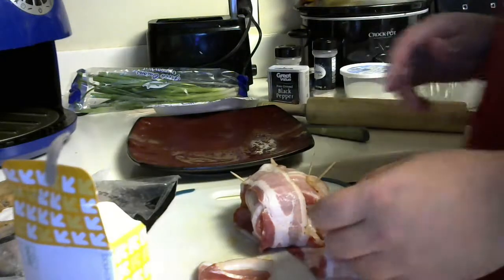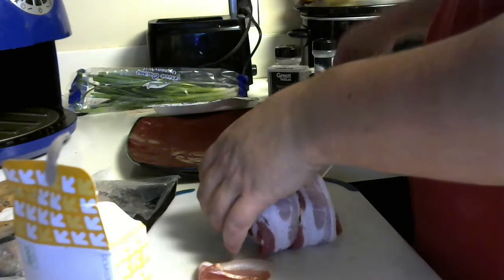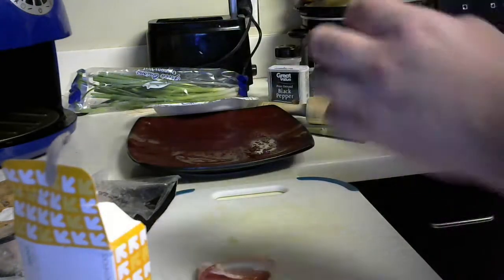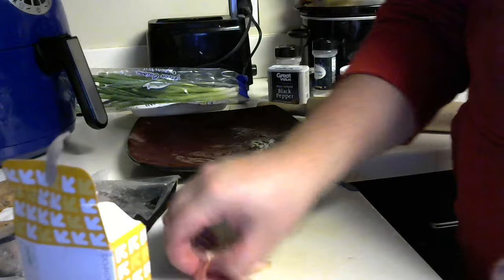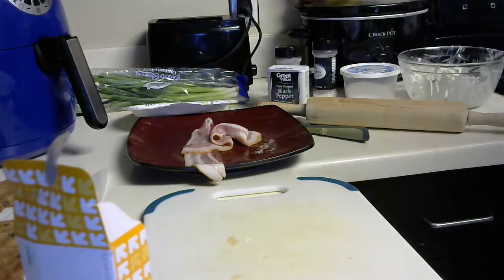You know what? I didn't even salt. Wow. I didn't even put any seasoning on my chicken. Interesting. Okay. That's okay. So now they're in the basket, and I have like 2 pieces left. Alright, so now what I'm going to do